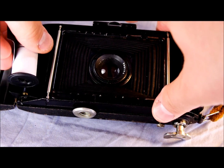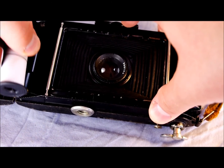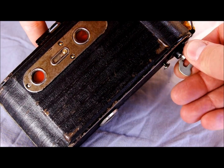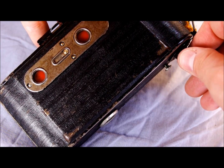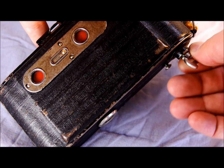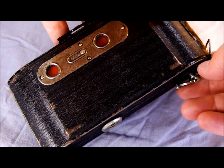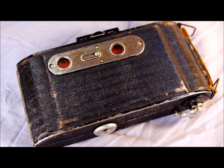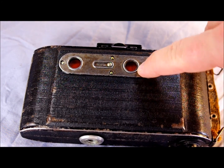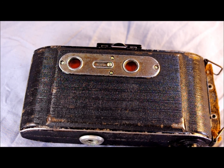To load film, arrows tell us we're getting close. Numbers, okay, so we don't want to stop here. We want to go over to the second. So when you're shooting 6x9, you want to shoot each frame out of the window closest to the film key. And to demonstrate that,